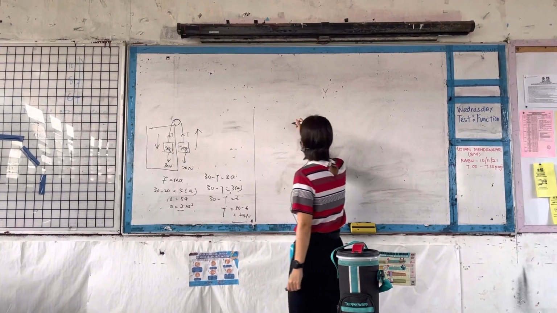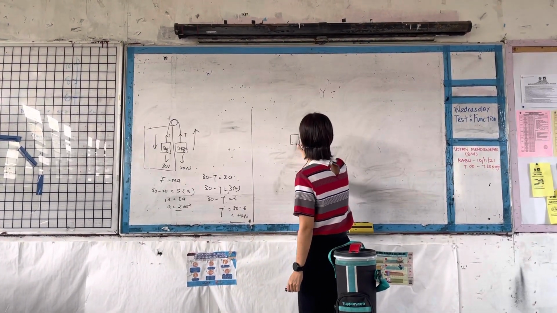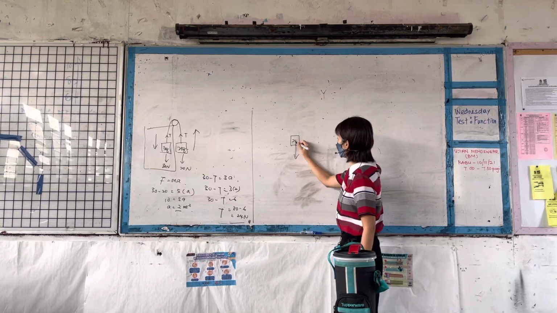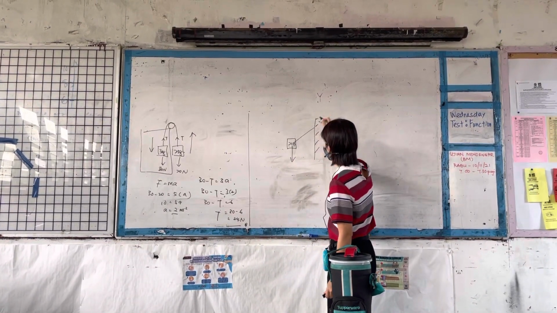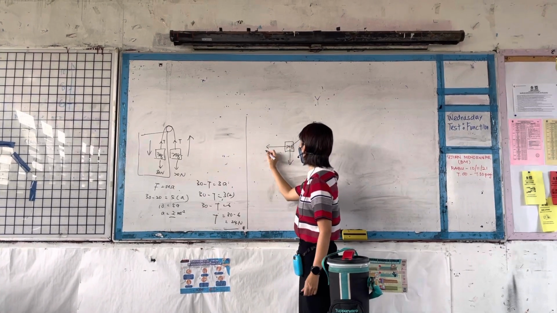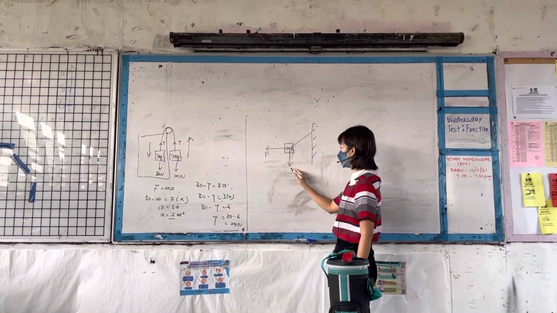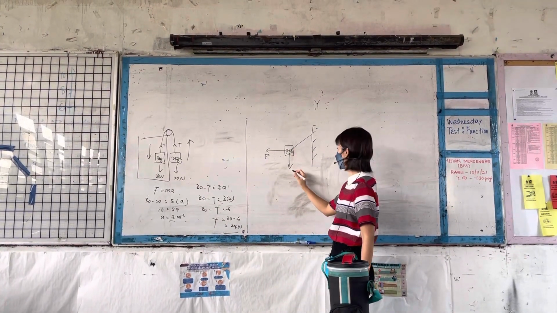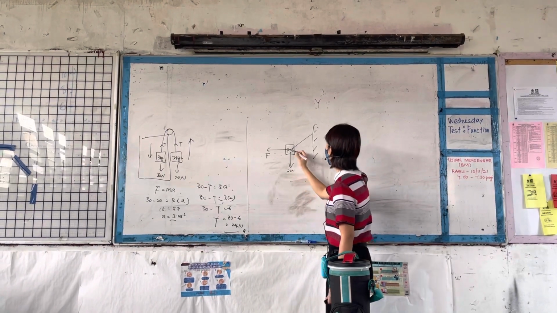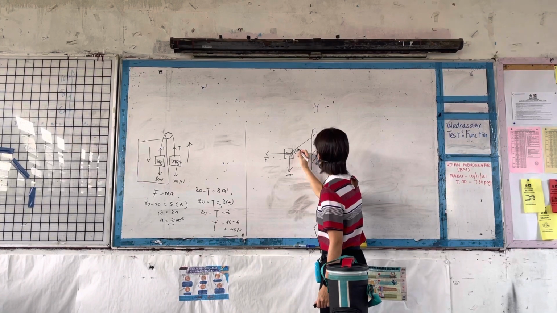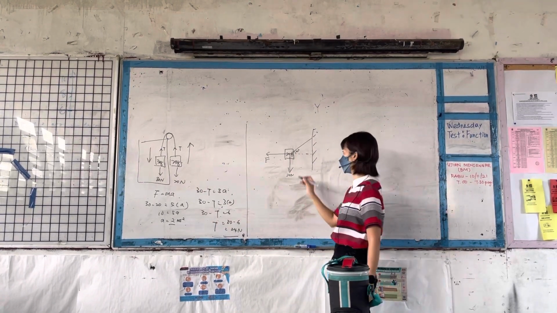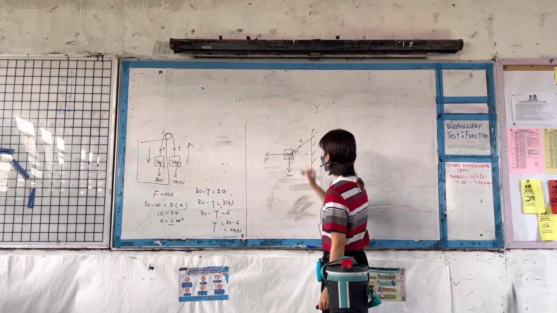Question number 2. I have a block. This is, let's say, 2 kg. I'm going to tie it to a wall, something like that. And then this will be something, an extra force. So what is the weight of this block? 20 Newton, right? And then let's say I hang it like this, and this is, let's say, 30 degrees. The question always asks, what is the string tension here?